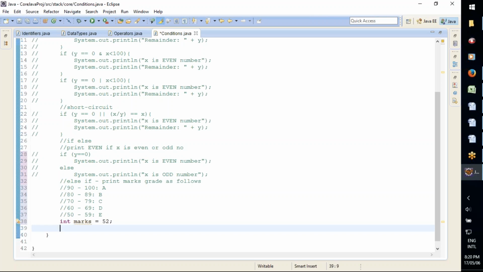How can this program check which grade these marks belong to? We have to define different conditions, multiple conditions, and execute them one after another. See, like this: if marks less than, sorry, we have to come from the beginning. Is it right? If the marks